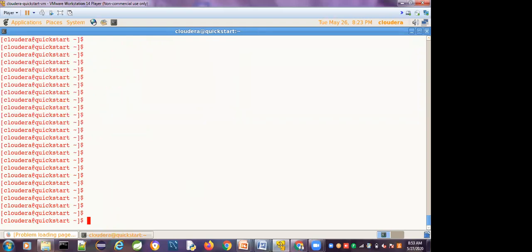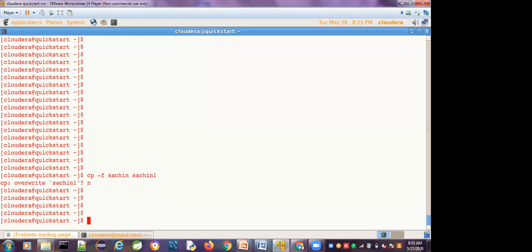Suppose you want to forcefully copy the file, cp -f Sachin to Sachin 1. If you want to delete and recreate the file and enter the data, it asks whether to overwrite Sachin 1. If you want to overwrite the file, type Y. If you don't want to overwrite, type N. So this is the copy command.